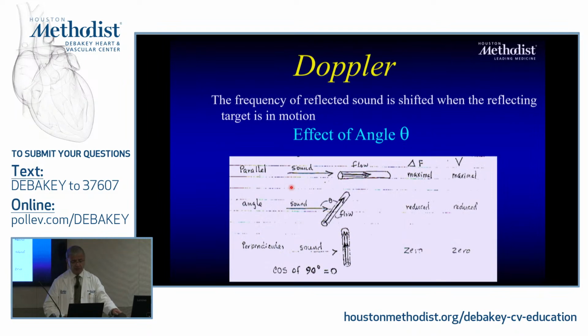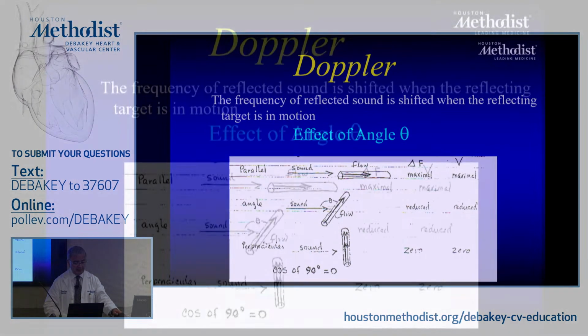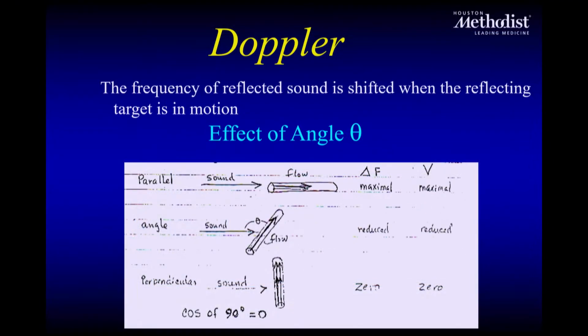And where angulation becomes important, if the angle is more than 20 degrees, 30, 40, whatever it is, you're going to underestimate velocity significantly. And that's why it's important, particularly for jets that you have no idea where they're going. Aortic stenosis, you cannot tell which direction. That's why you do multiple windows and you take the highest velocity, which implies the lowest angulation that you've had, right?